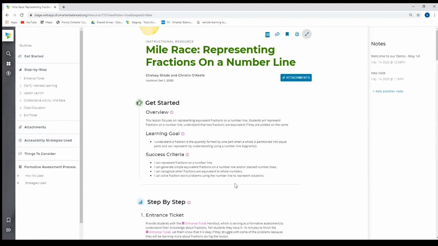Each resource has the same layout and features, so they all start with a Get Started section. They all are followed by the step-by-step attachments, accessibility strategies that are used and embedded throughout the resource, things that a teacher might consider when using this resource, the formative assessment process, how it is used in the resource, and then also the strategies. So each resource has an outline. The instructional resource is a little bit different than the formative, but each one has that same